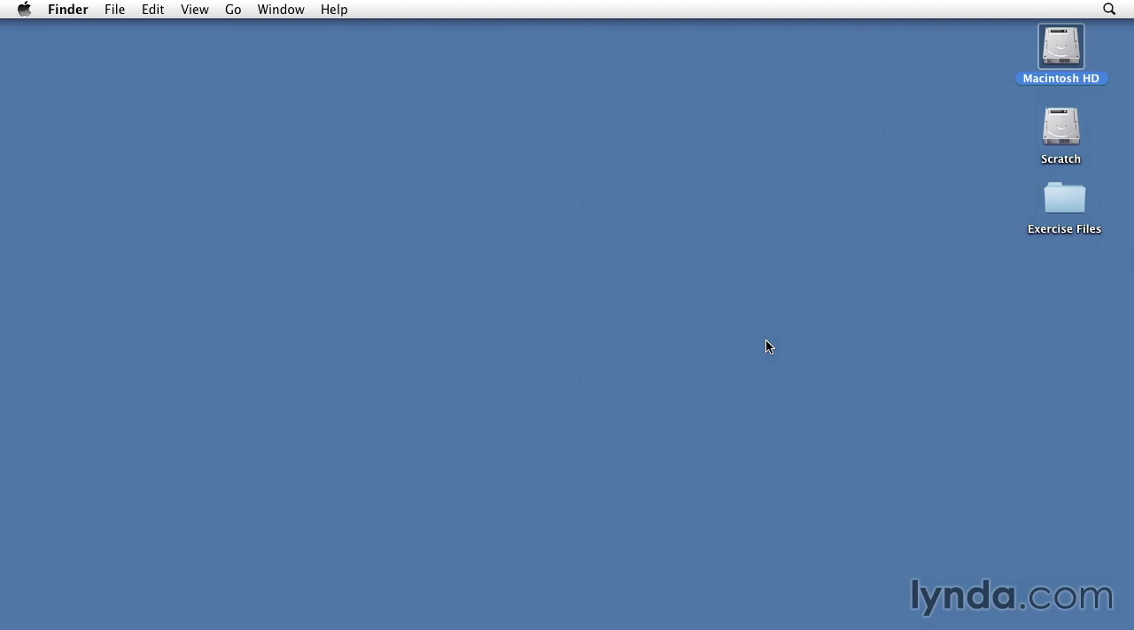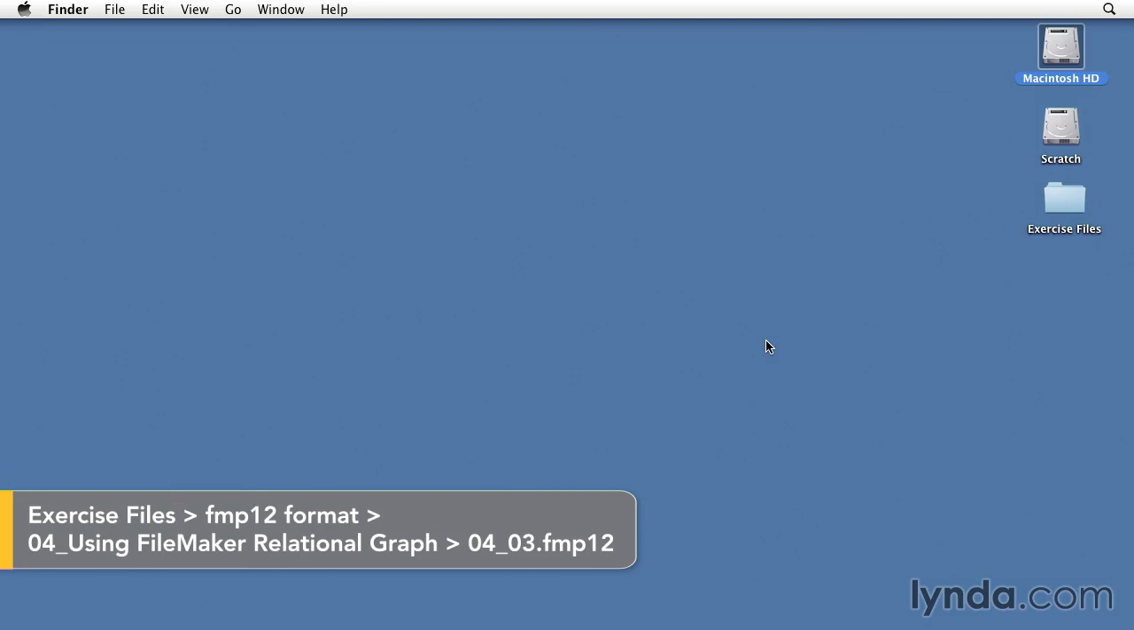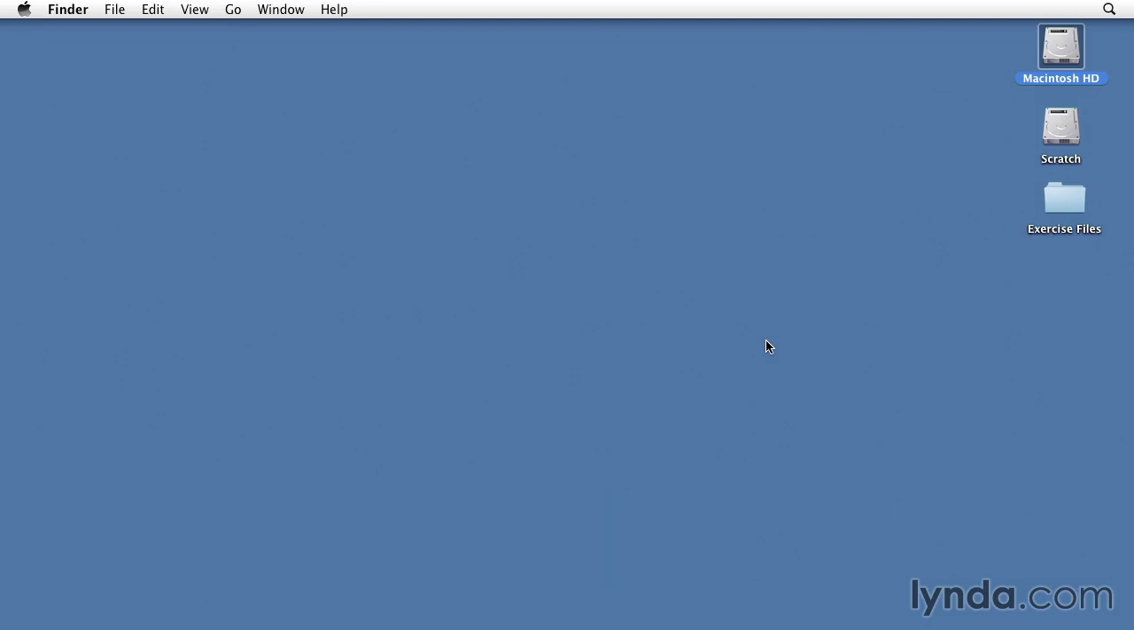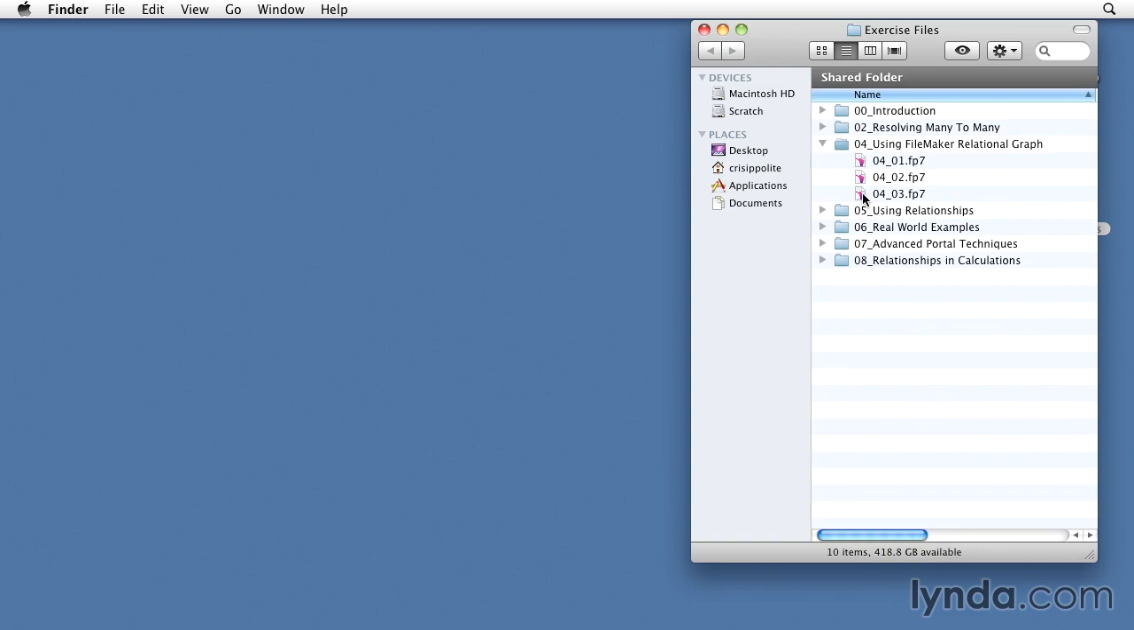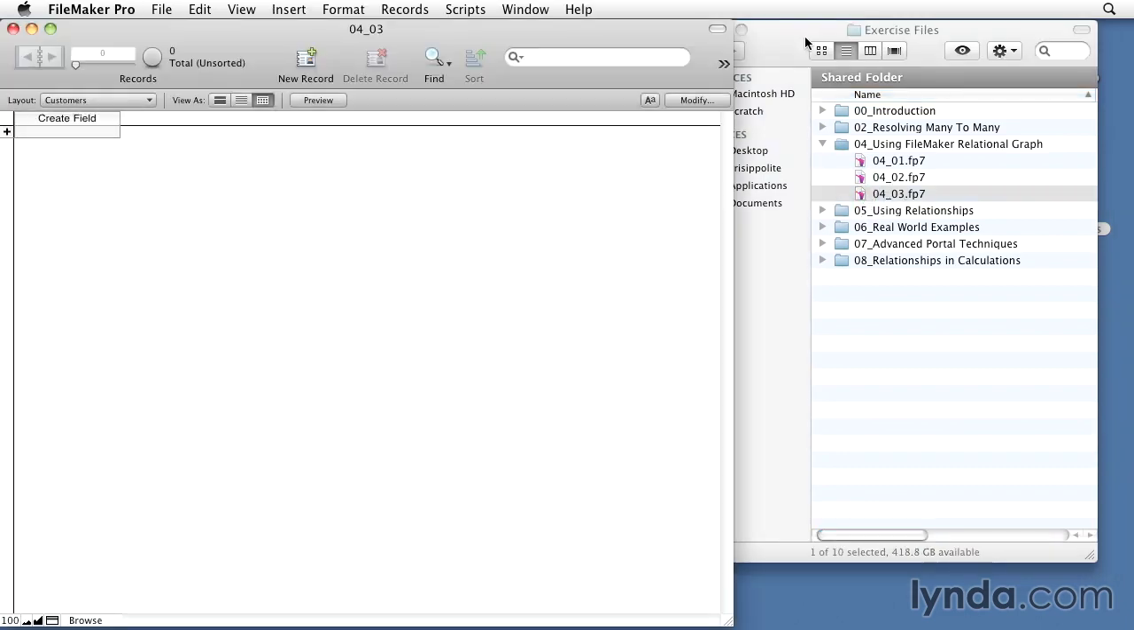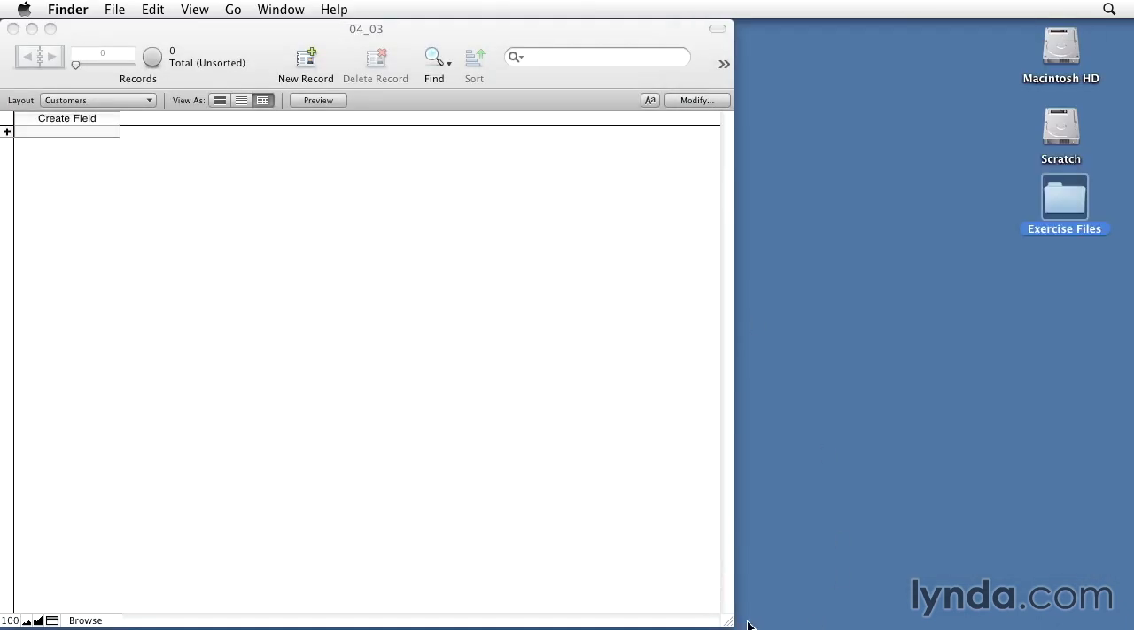At this point in the process of creating a related database in FileMaker, we're assuming that you've already gone through the data modeling exercise, got your tables determined and defined, and also gone into your database and defined all of your primary and foreign key fields. If you open up your exercise files, you'll see that we've got a file called 0403. Opening up 0403